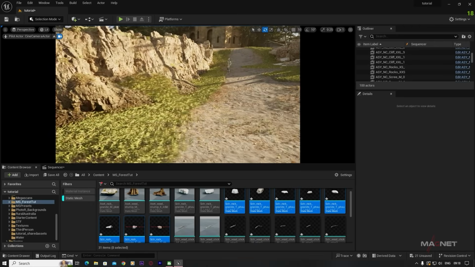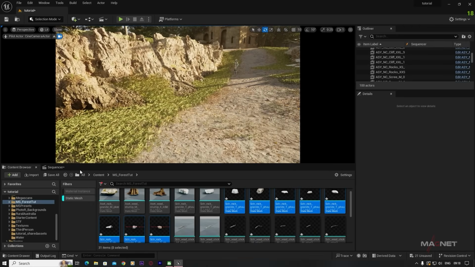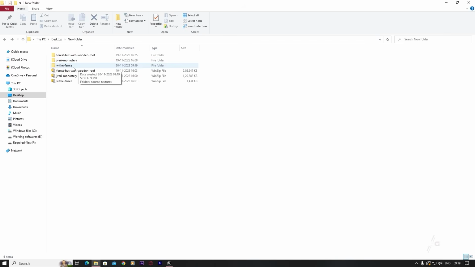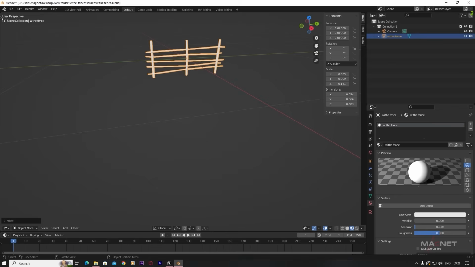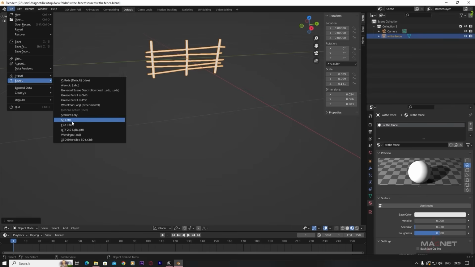Okay, and now we're going to put some other fencing here. So here is this white fence that we downloaded from Sketchfab. Double click to open this one, then go to this source, and you can see this is the Blender file. So if you have Blender, you can open this file, and then we're going to convert it to an FBX file. So we go to this file, then go to export and make it an FBX file, and